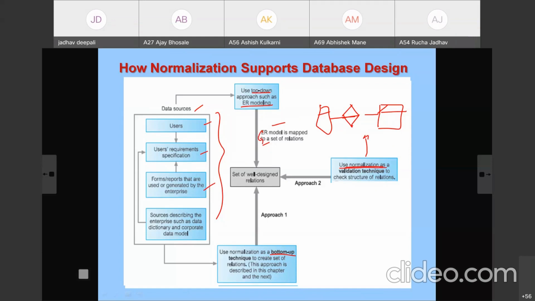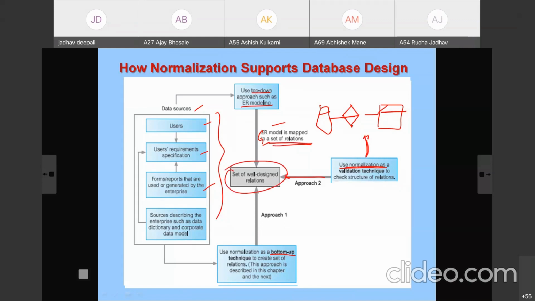It means checking whether these are in normal form, whether there is no redundancy, and trying to minimize the redundancy. The attributes are minimal, with no redundancy within the attributes, and there is a close logical relation between all the attributes. All these things need to be considered in normalization for whatever set of tables or relations is generated. And once it is a good database, you have a set of well-designed relations.